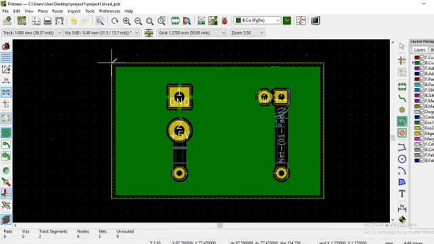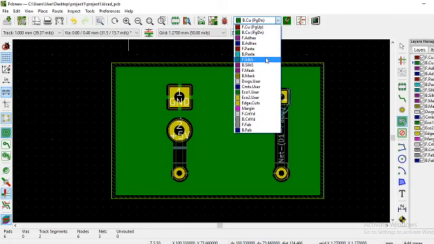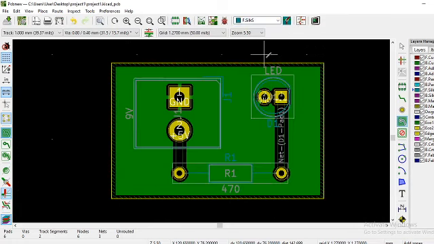Then we are going to show its legend printing. Go to Front Silk drop down menu. Here we select, then we can select the layers also.